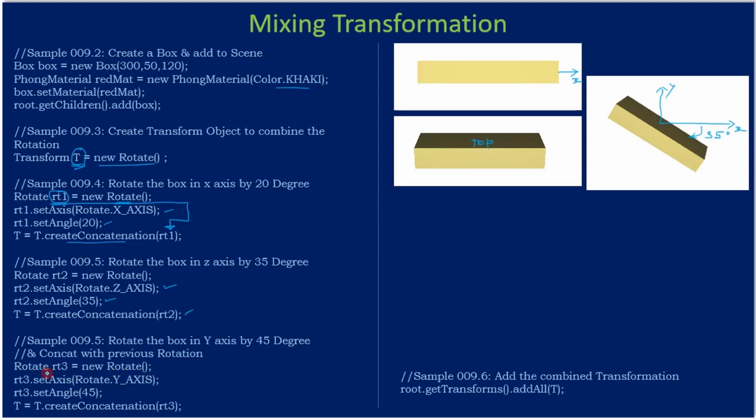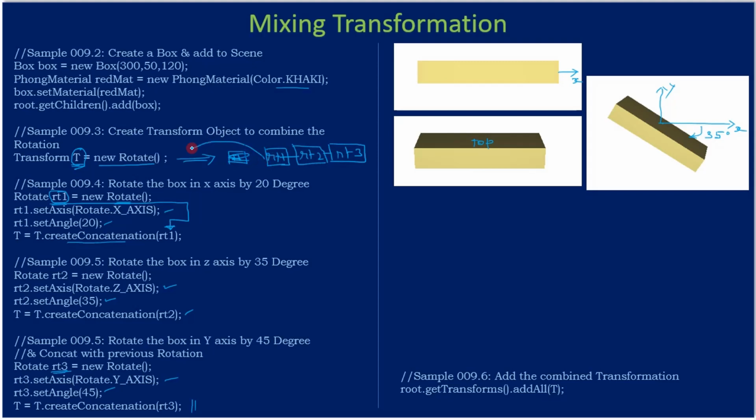Finally, we create our third rotation, rotate RT3. This is our third transformation, and this time we specify the axis as y-axis, and we rotate it by 45 degrees, and we are concatenating this rotation also to our transform object. So the transform object now contains three rotation objects, T1,